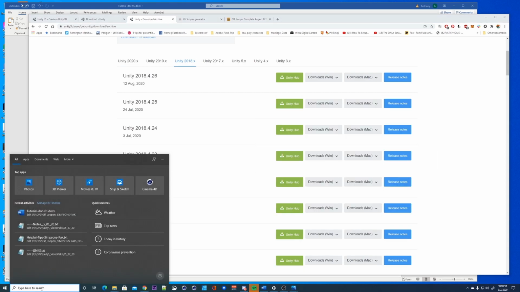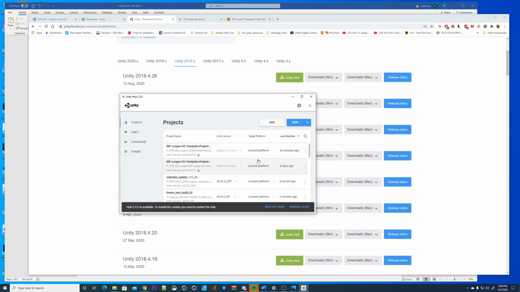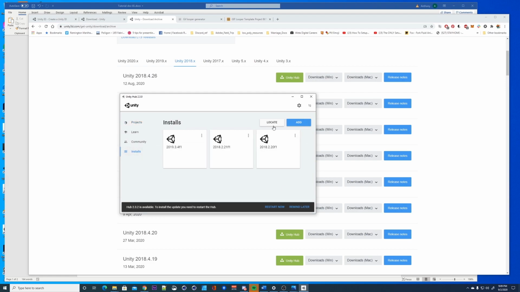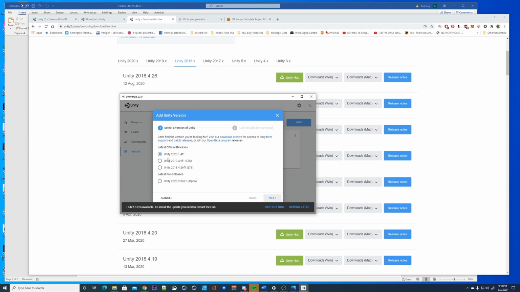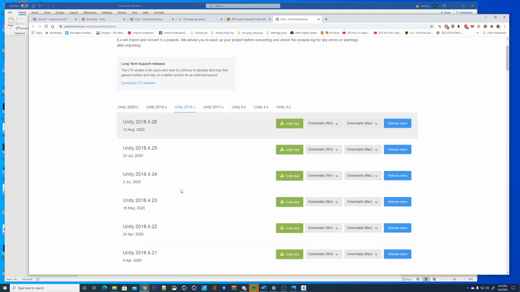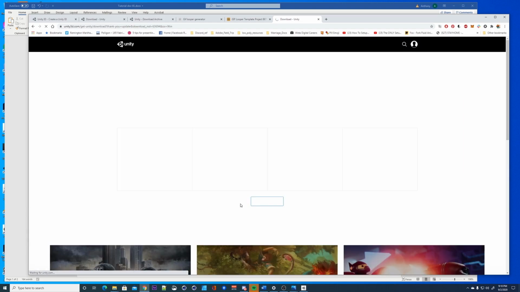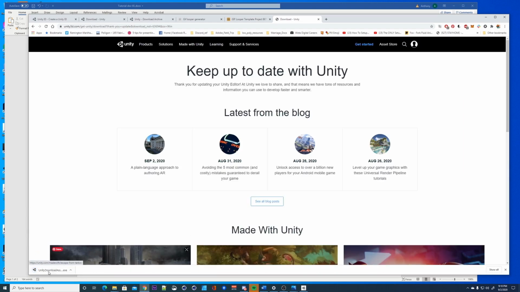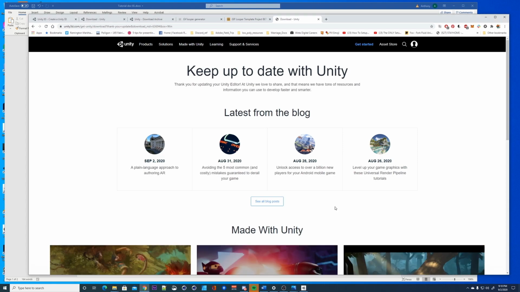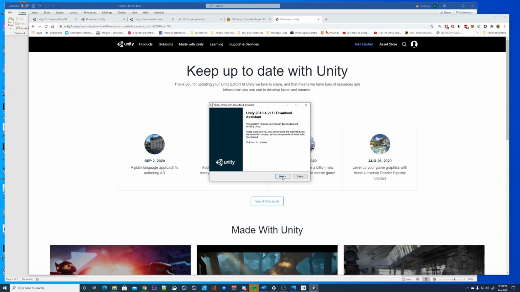Once you have the Unity Hub installed, you want to open it like this, go to installs, and then you want to add a version. The version's not here, so we go to the download archive. Once the archive opens up, you want to go to 2018, then 2018.4.2f1. Alright, so I'll go through the install process. I'll probably skip forward, but